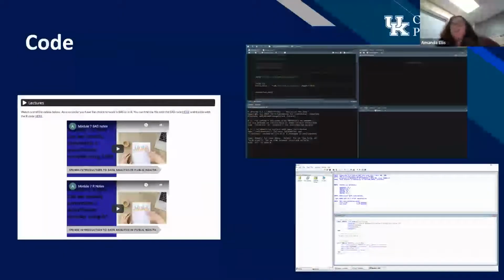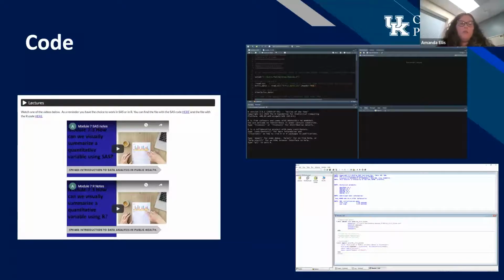Now for the code, students were actually given the option to use SAS or R in this course. This was a challenge from a teaching perspective, but how I set this up was, remember that I said none of the groups were given the state of Kentucky. So each time we learned a new concept, let's say visually summarizing quantitative variables, I would give them the R code for the state of Kentucky. I would go through with the state of Kentucky using the BRFSS and show them how to create different plots using R for some different variables. And then I would do the exact same thing for SAS.